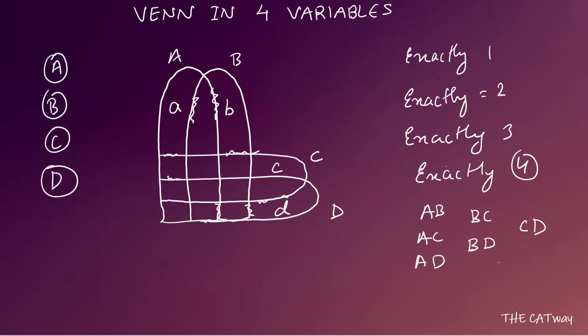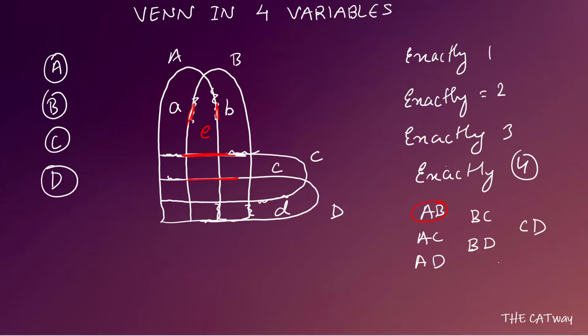The one representing AB would be the one in which C and D are not there. So the boundary of C is ending here. Let's change a few colors, then you'll understand better. The boundary of C is ending here, and the boundary of D is ending here. So this portion is going to be occupied by only A and B, because this is the boundary of B and this is the boundary of A, and it is occupied in between. So AB will be represented in this area. We can name this area E.